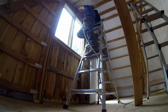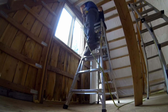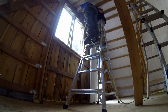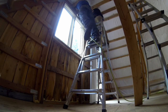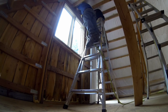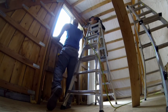Twist it this way. That's pretty good. Okay, twist it when you push that up. Would you want me to push that up? Ready. Stuck my glove. The hazards of